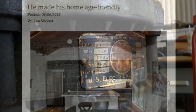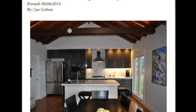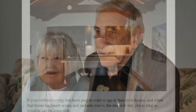I found an article online about a man that was remodeling his house so he could age in place, and that article was written in 2013. And the man was Harry Heath. I contacted the author of the article and asked her to forward our info to Mr. Heath. She did, and the next day...